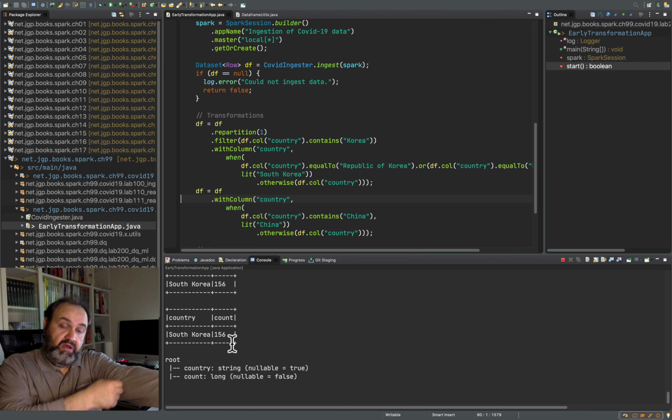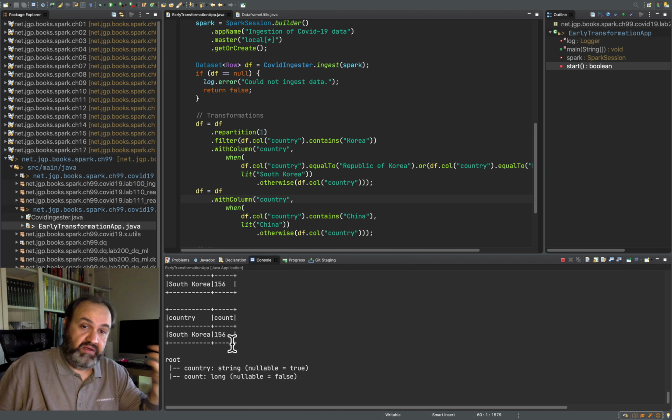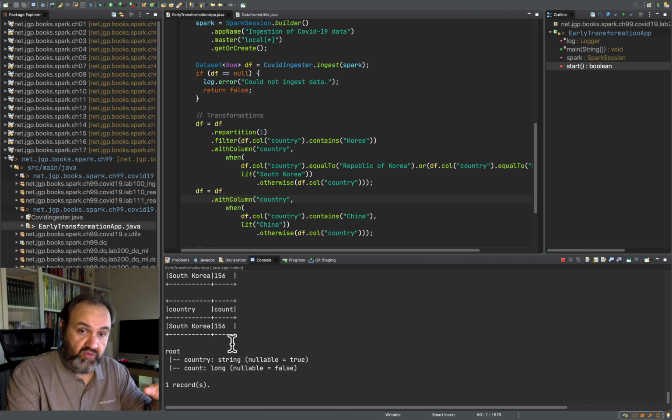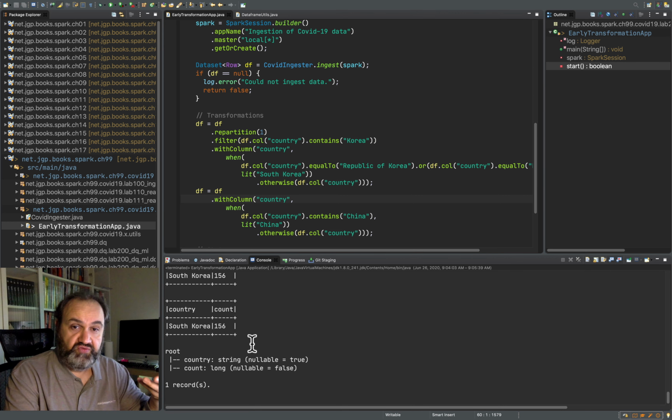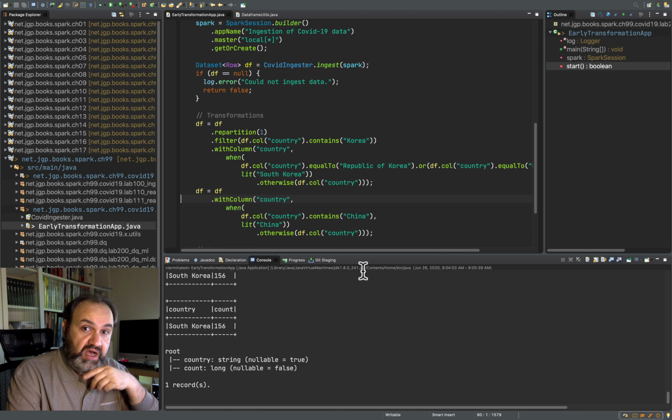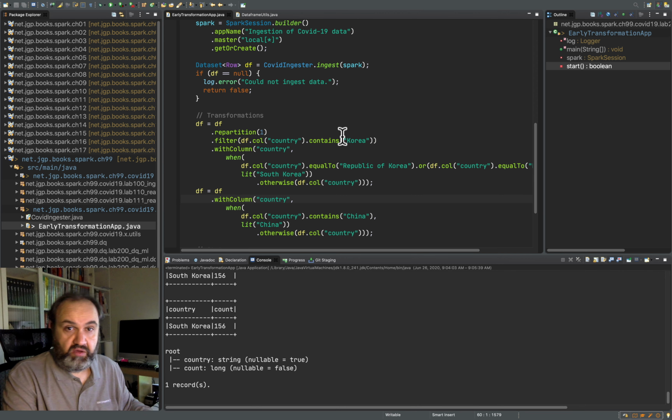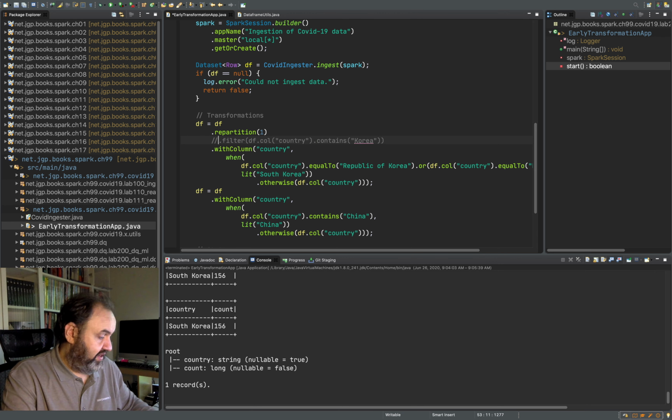We have South Korea all over the place instead of various variations of Korea. So that's really good. So now I could remove my filter here and go back to the rest of the data.